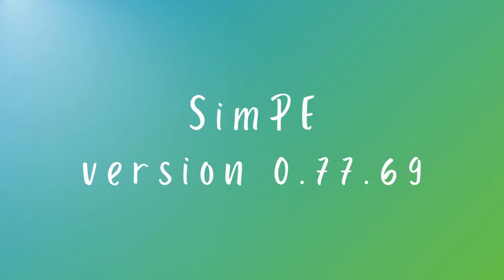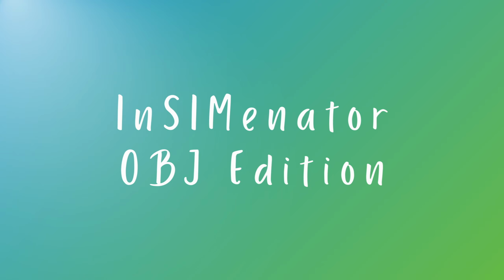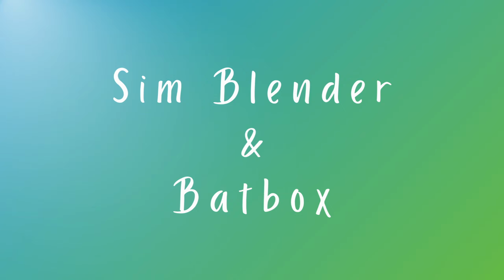0.77.69. Keep in mind that you can have multiple versions of SimPE installed on your computer at once. You'll also need to download the Inseminator, specifically the object version. This goes in your downloads folder, and you can remove it when you're done creating your NPCs if you wish. You will also need the Sim Blender and, potentially, the Bat Box, depending on the type of NPC that you'd